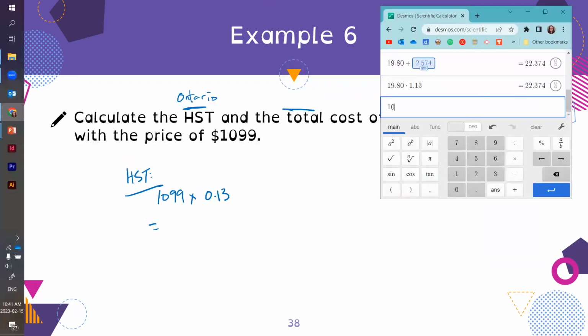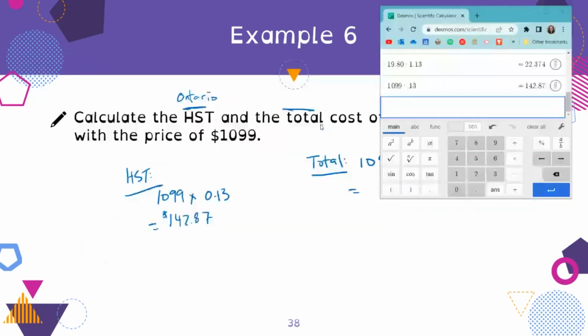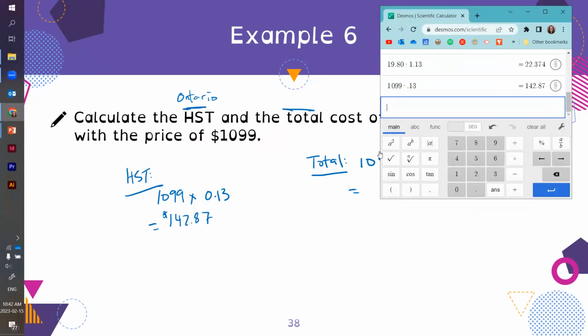So $1,099 times 13% is equal to $142.87. So then the total is $1,099 plus $142.87. Now, as you can see, when I'm doing this, I give it a little label so that I know